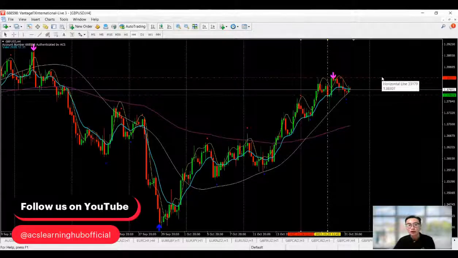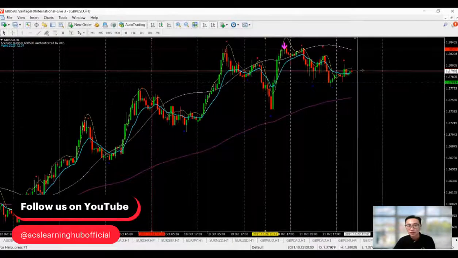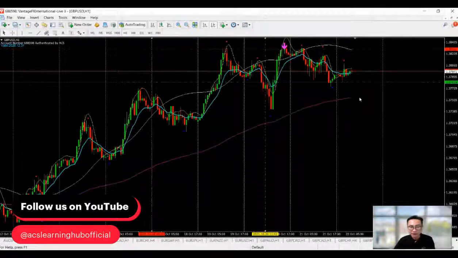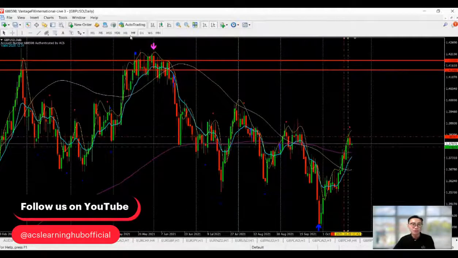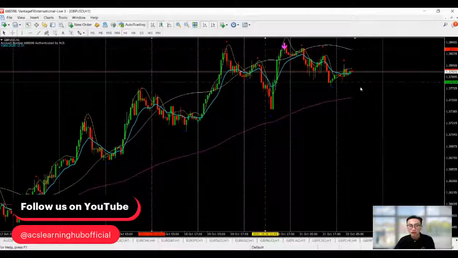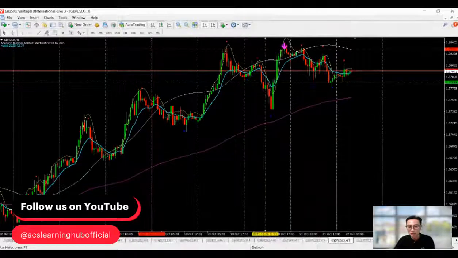Pound dollar over here right now, we're on the support here. On H1, if you want to short this, I would prefer that you break the support, then you short for pound dollar. It's a must to break the support before you can short. So make sure it breaks the support before you enter a trade. After it breaks the support, please wait for a new resistance, a green and red candle appears, then you sell. However, I'm not going to take note of this pound dollar.